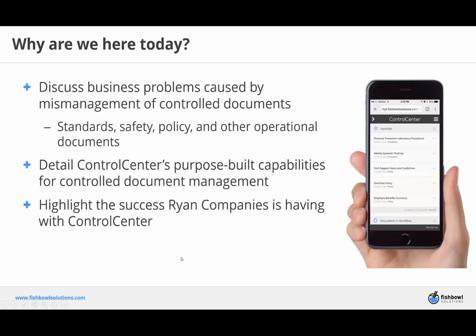So really the topic for today's webcast is to look at some of the business problems that are caused by poorly managed content. Some examples that often fall into this category would be things like standards, policies, procedures. And we're going to then take a look at how Fishbowl built ControlCenter several years ago, specifically for the purpose of better managing these kinds of records and these kinds of documents,